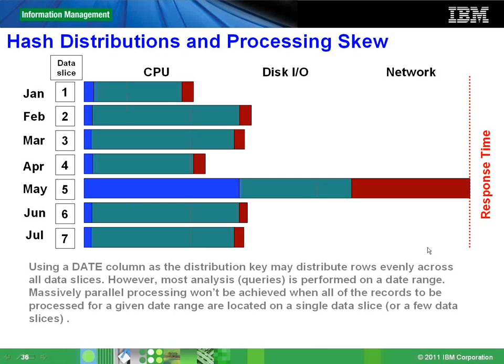The problem with this kind of distribution is it might work, it might have data distributed evenly, but the problem is all or most analytics are temporal, right? So a typical analytics question or query would be, how much did I sell in January, right? So what happens is only the data that's been stored in the disk that has January in it will be processed. Thereby only 1 blade out of your possible 7 blades will be working, your other 6 blades will be asleep.